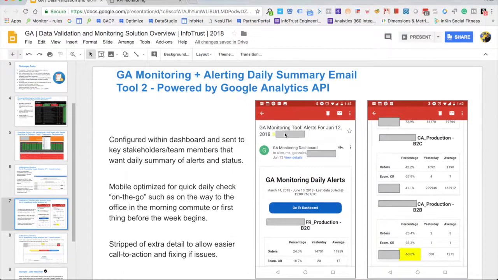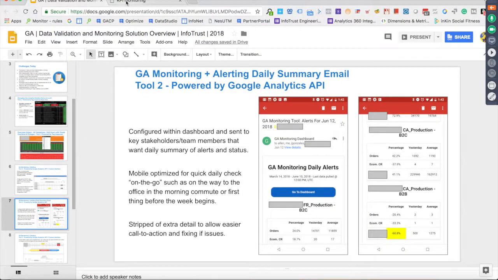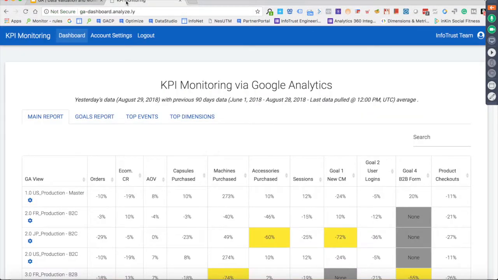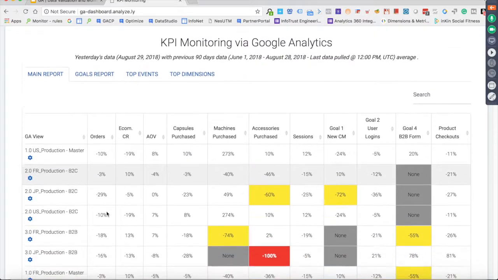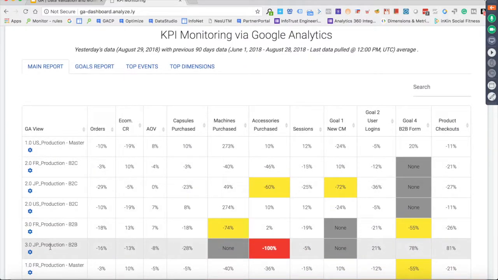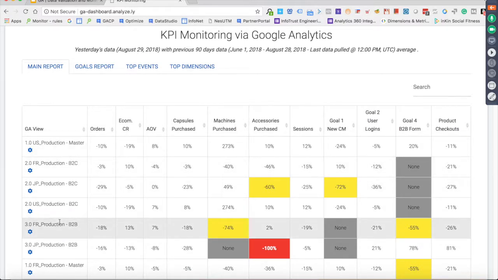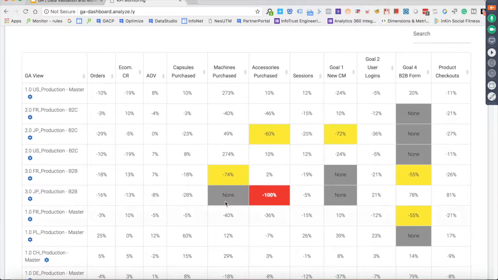So without further ado, let's jump in and do a very, very quick demo of this monitoring platform. So this is the monitoring platform. You can see we have example views that are maybe different markets, different websites, different domains, whatever the different things that you're managing. This is particularly useful for multi-brand organizations and all the different metrics that you want to see in one visual with changes over time.